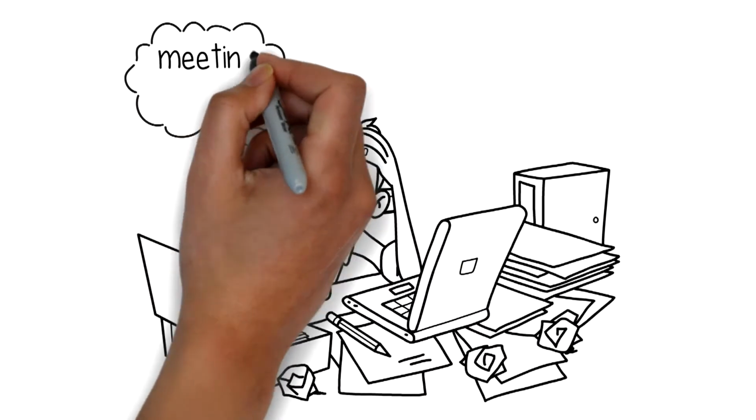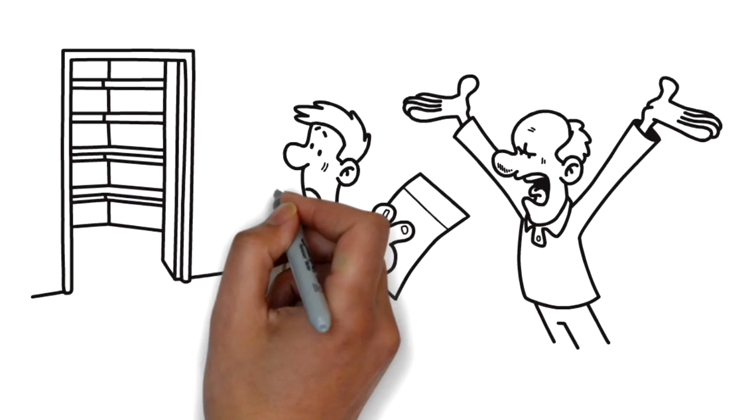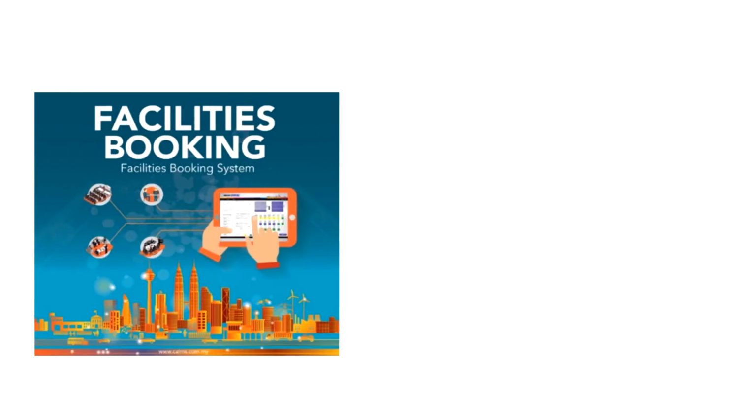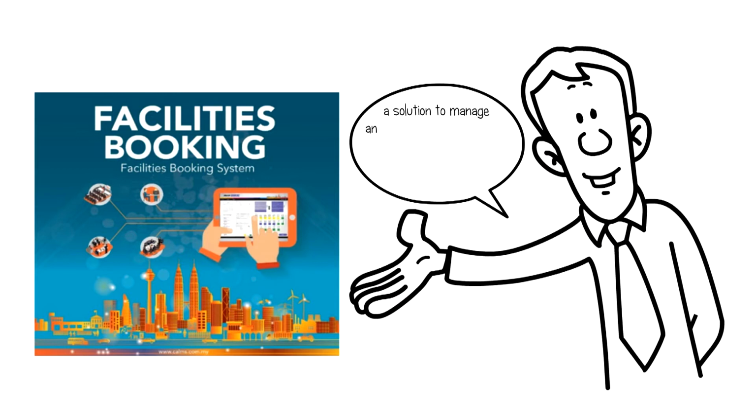Time wasted finding available meeting room. Double bookings that create confusion. No proper booking records. Introducing Facilities Booking System, a solution to manage and simplify the booking of office facilities with